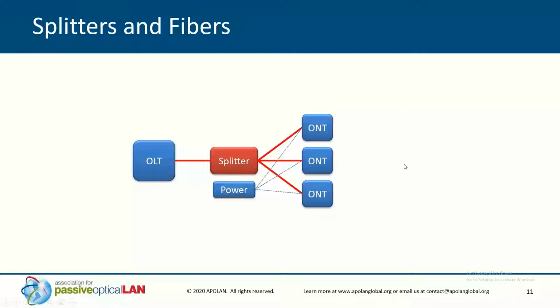All right, thank you very much. And first up, I'd like to just thank the FLN organization for inviting me to present. This is quite the honor. What I am going to discuss is what many people call the optical distribution network. It's the infrastructure that gets the signaling from the OLT to the ONTs and vice versa. So it's kind of outlined here as a splitter, but we're also going to talk about the fiber that connects these devices as well. Next slide.